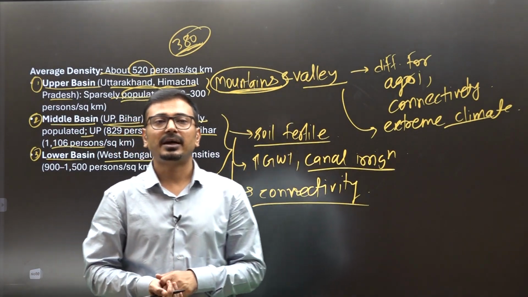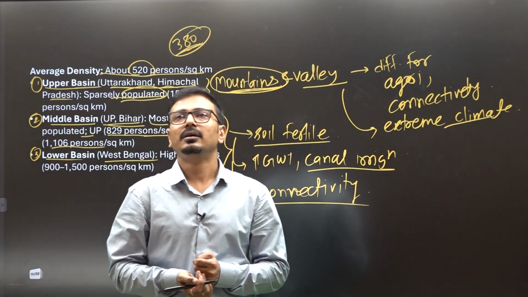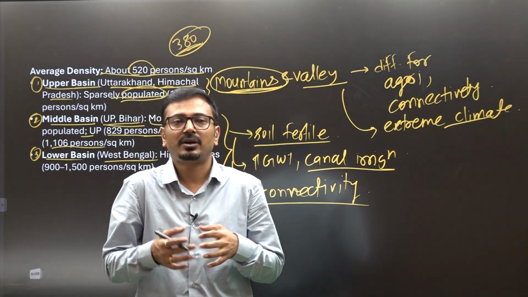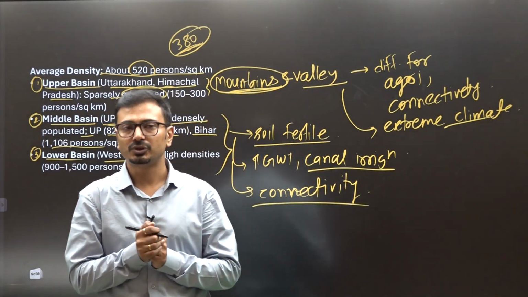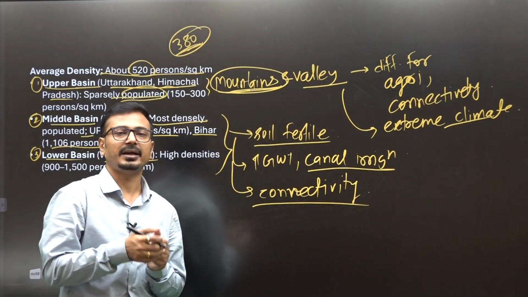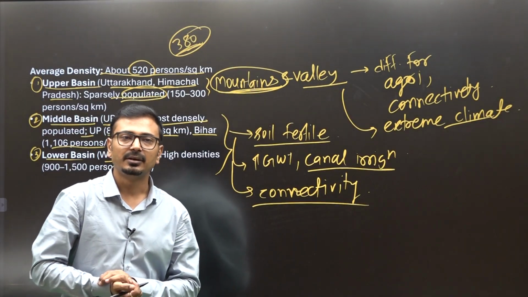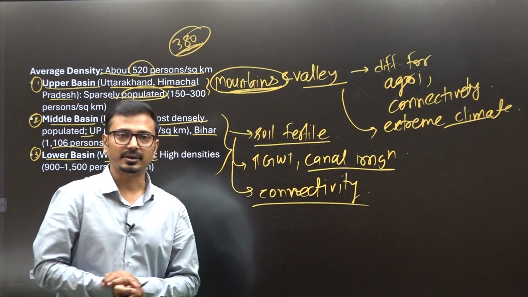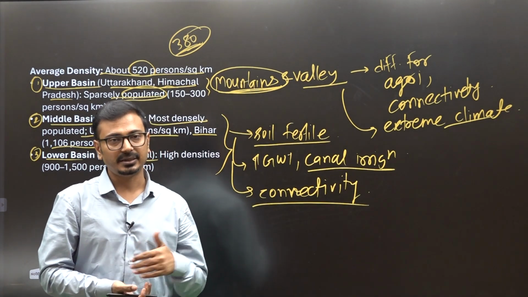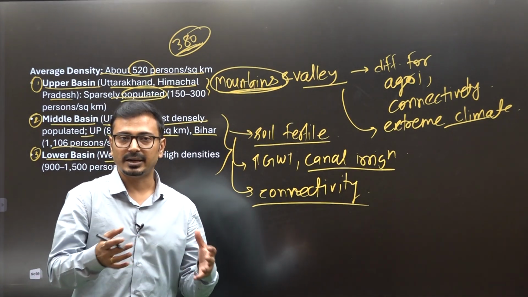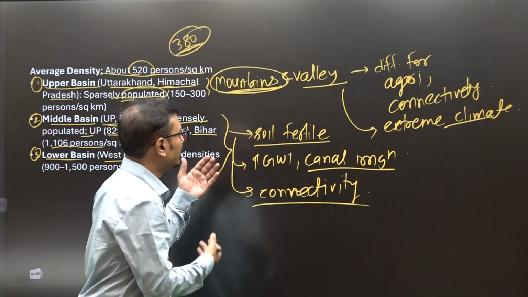And in addition to that, you can also mention that these states were not beneficiaries of the green revolution that we experienced in the 1960s and 1970s, especially this lower basin. But western UP, yes, it benefited because of large land holdings, as well as the canal irrigation